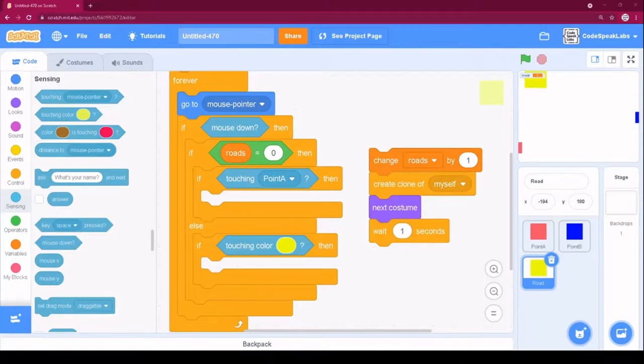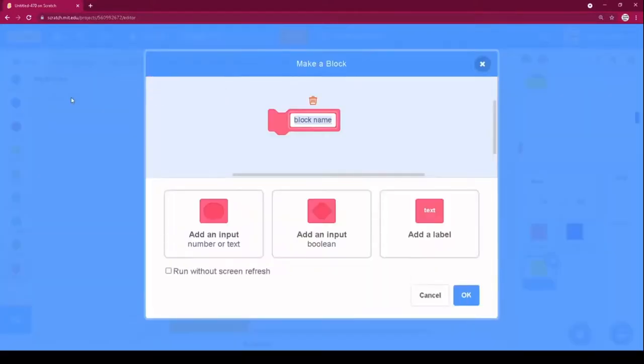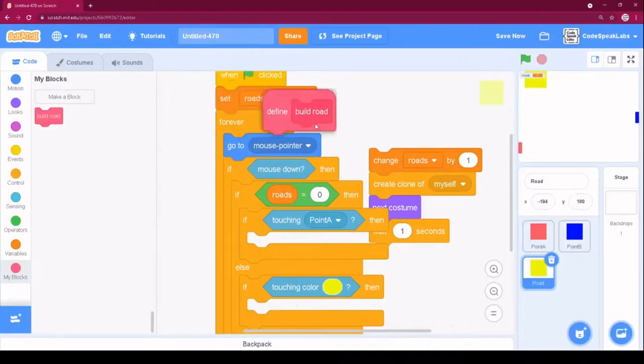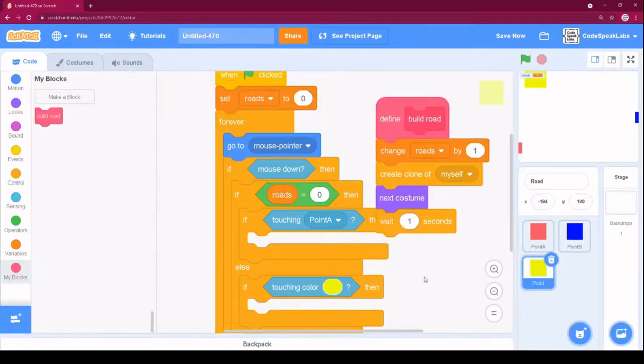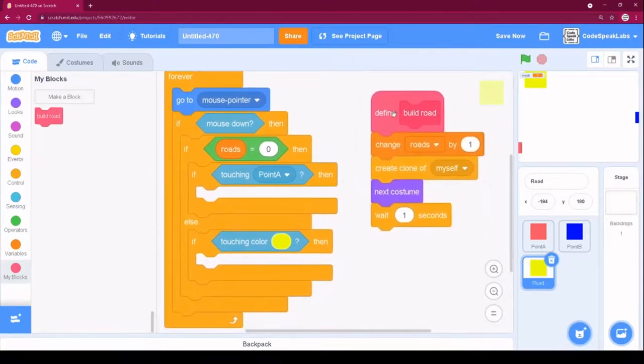So I'm going to go to my blocks on the left side and make a block. This is going to make our code a lot more efficient. This block is going to be called build road. And then click on OK. And we get this thing called define build road. Let me move some stuff around. Define build road. So we're telling the computer, these 4 blocks can all be put into this one block